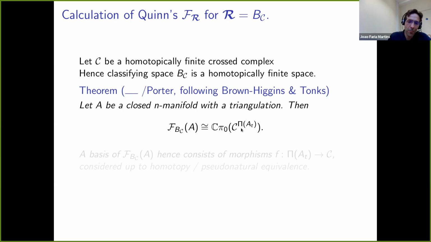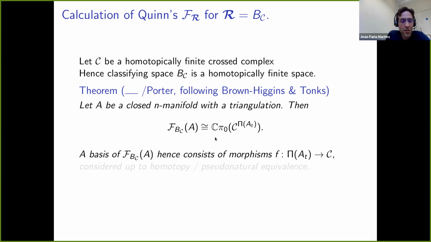Here we call this C to the power of pi of A with triangulation T the internal Hom in the category of crossed complexes. So let me spell out what this means, since this notation can be tricky. So this is a vector space whose basis consists of all crossed complex morphisms from the fundamental crossed complex of A with that triangulation